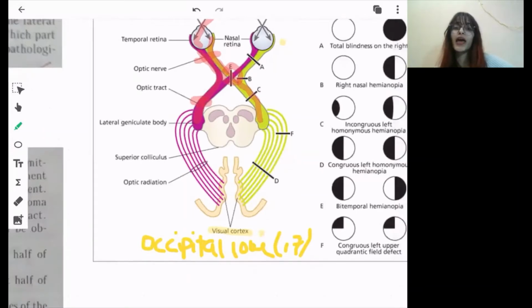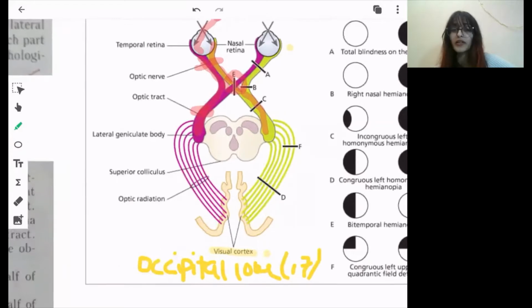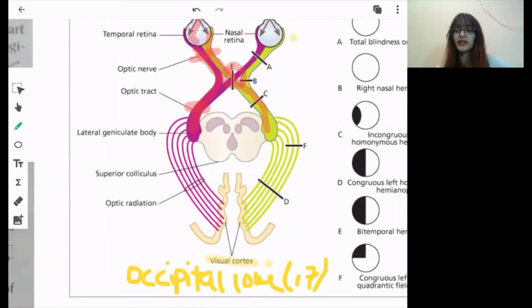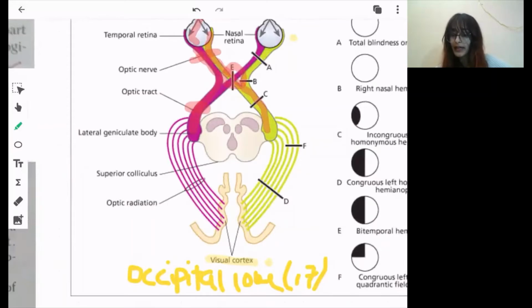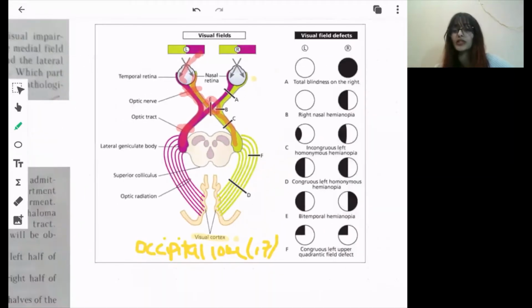Now, up to here, the questions are asked in CROG, but overall, the optic tract goes to the lateral geniculate body. And what is there in the medial geniculate body? The auditory pathway. The auditory nerves, they go to the medial geniculate body. And then they go to the visual cortex as optic radiation. Even it has two parts, the one which crosses from the temporal lobe and the other which does not. But I don't think you need to go into that detail. It's mainly for USMLE. For CROG, you just need to know up to here.